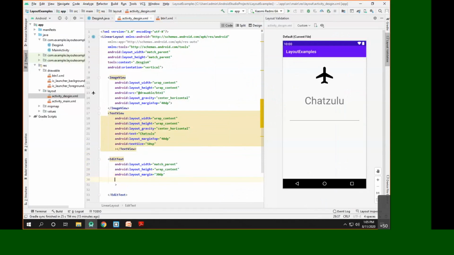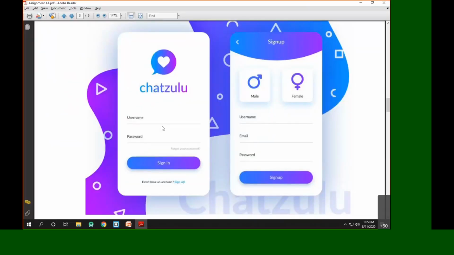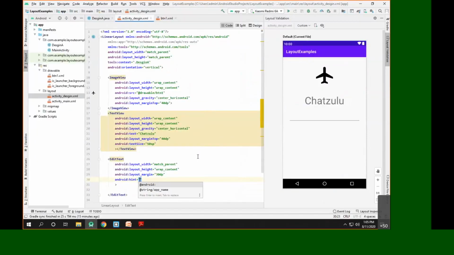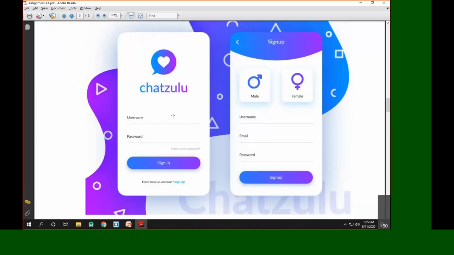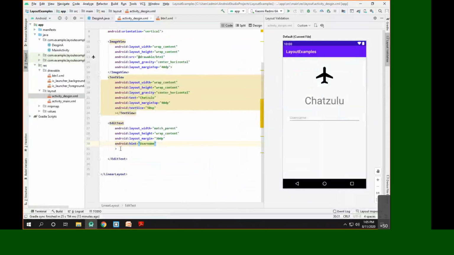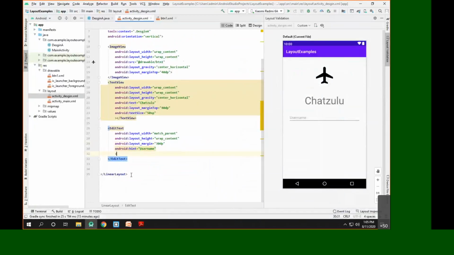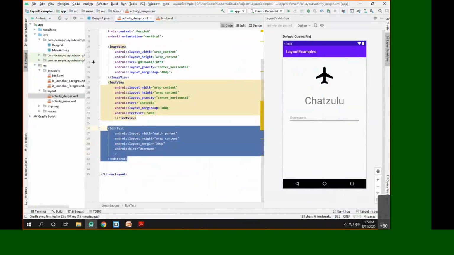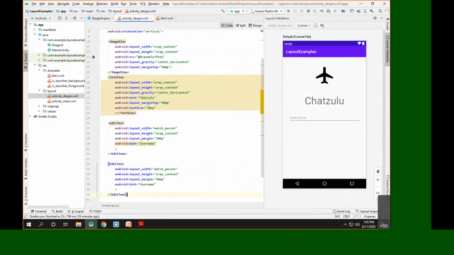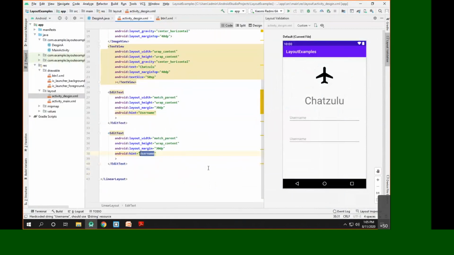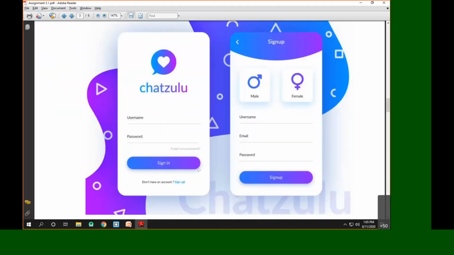And what it prints is enter the username. So for that, I'll simply write the hint as the username, and we'll have one more edit text. And here we are asking for the password.